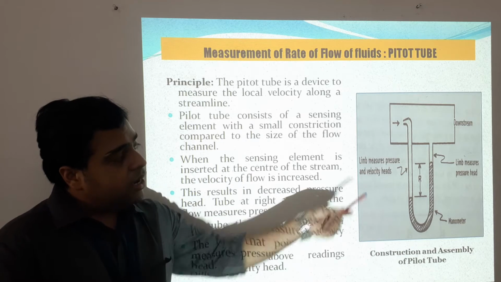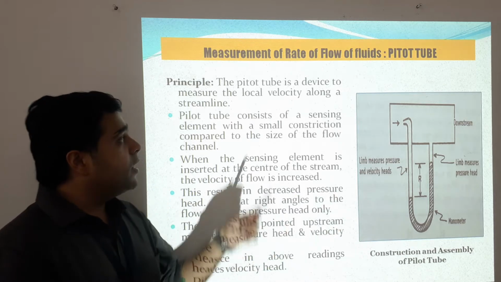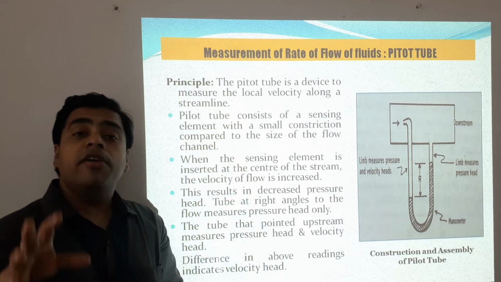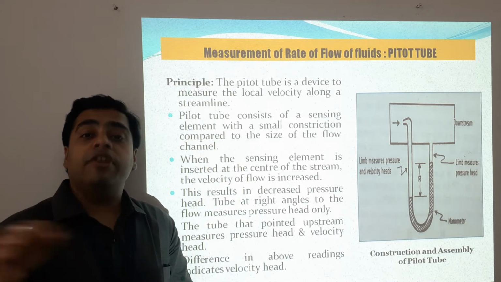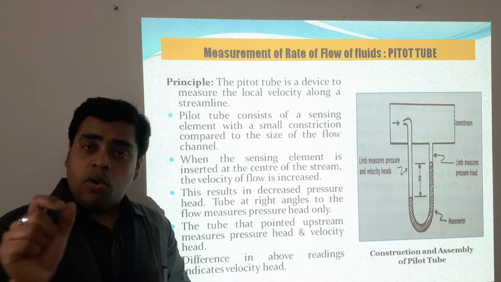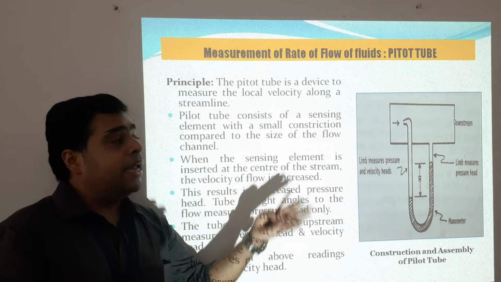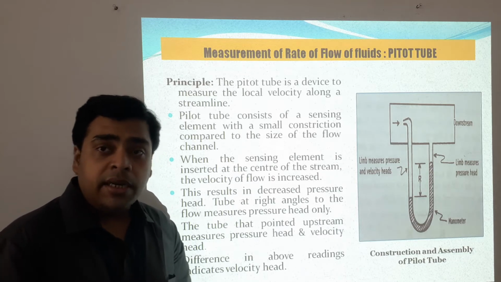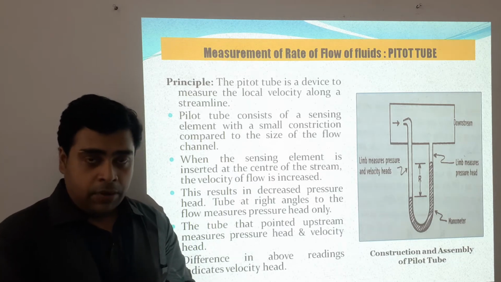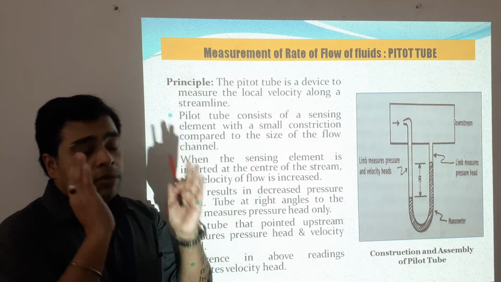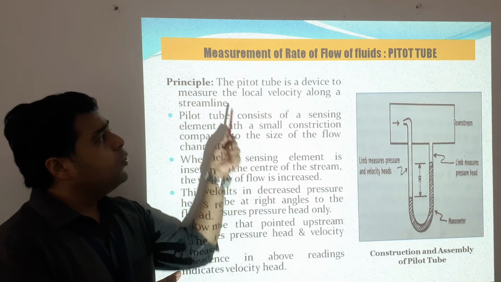So this is a typical diagram of a Pitot tube. Let us come to its principle. It is a device to measure the local velocity along a streamline. Unlike venturi or orifice meter, there is no constriction in the pipe. So a streamline flow will be there, and we can measure with this device the local